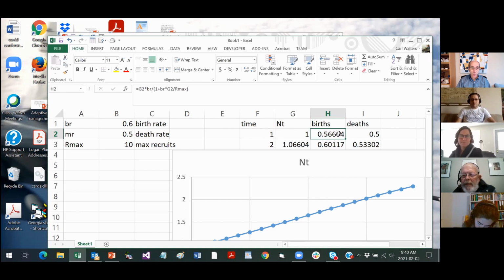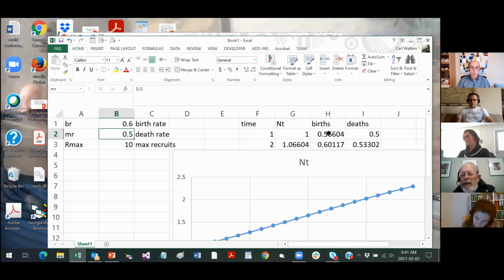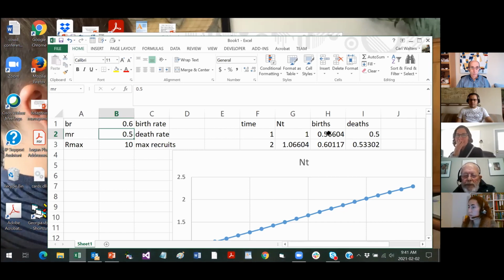Fair enough. And it turns out that a necessary condition for any natural population to be able to withstand and persist in the face of changes in mortality rates, like due to fishing, is that one or the other of the rates, birth or death rates, has to exhibit an increase in relative rate as population size goes down. That's called compensation. So compensatory rates are a necessary condition for sustainability of populations in the face of fisheries and